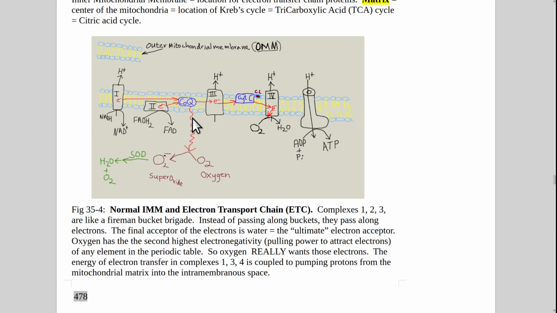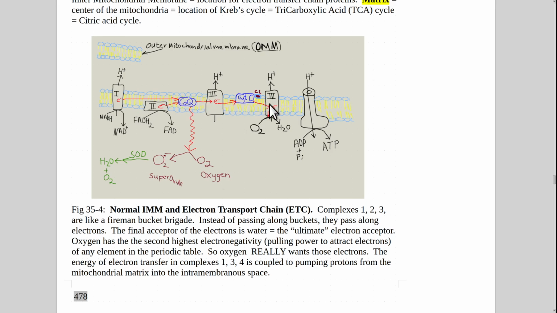It's like rolling a snowball down a hill. This has a relatively weak grabbing ability for electrons. And then each complex, as you move distal, has a stronger ability and desire to grab electrons. So that's why the electron movement is favored to go from complex 1 to complex 4. And basically, inner mitochondrial membrane electron transport is like a fireman bucket brigade. You know, they're passing the electron from complex 1 to complex 2 to coenzyme Q to 3 to cytochrome C